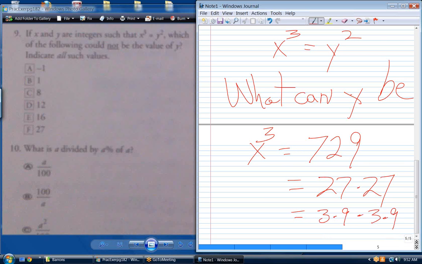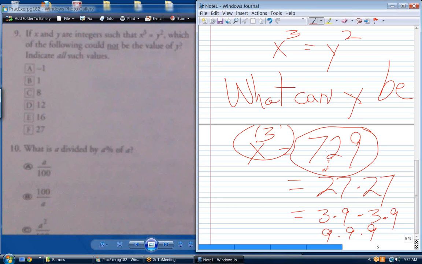Now I multiply the 3's. I got 9 times 9 times 9. Right. That's equal to x cubed. X could be 9. Right. So that does work. And however you have to do that, I'm sitting there trying to think, you can get this on the calculator, but then going from this to determine whether the cube root,